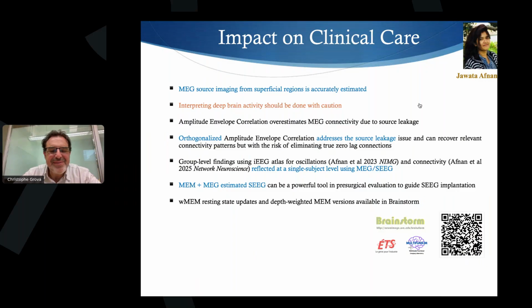Sorry. Curious, is there an application to phase reversal, the central sulcus mapping with MEG here, since that's rather surface-based or superficial? Logically, would it change the workflow? Yeah, I'm still not sure I understand the question.